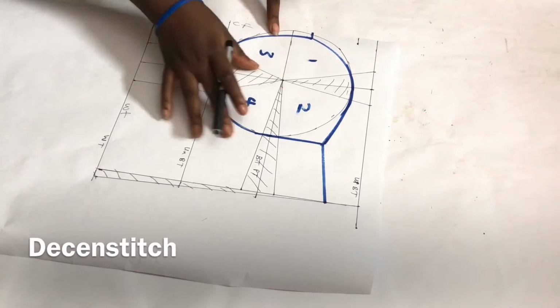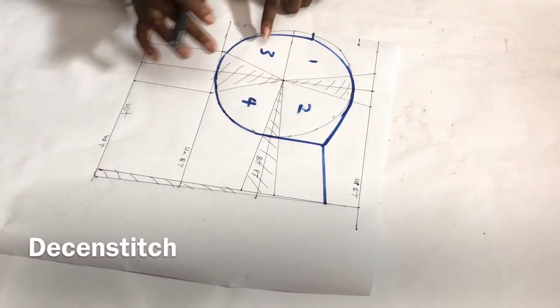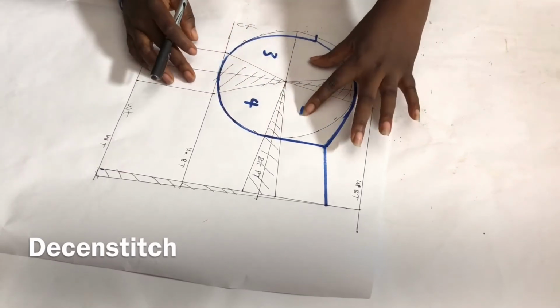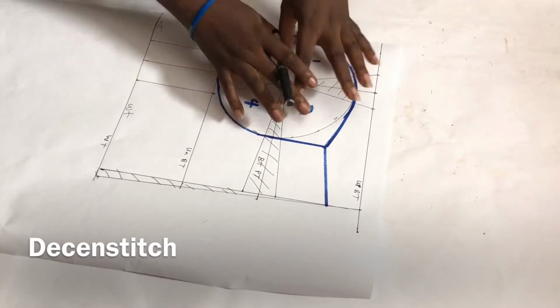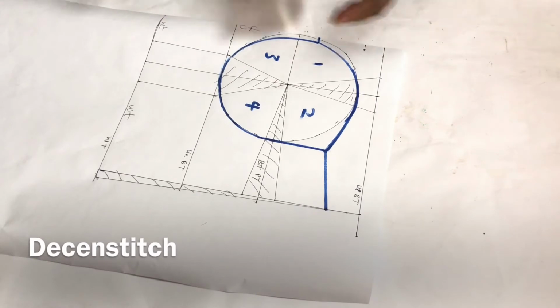So now I'm going to cut it out so that I can join 1 and 2 together. For the corset, for the cup, I'm going to have just 3 pieces for the cup. These 2 will be together as 1 piece. This is my second and this is my third. So I need just 3 pieces for my cup. I'm going to cut out